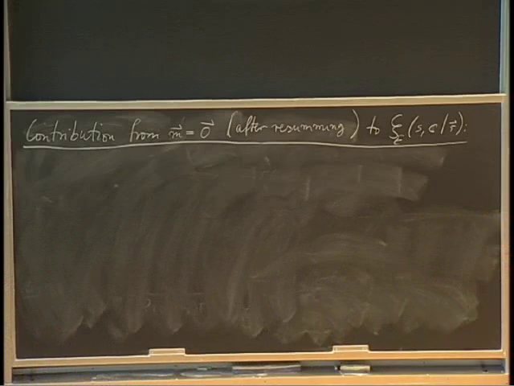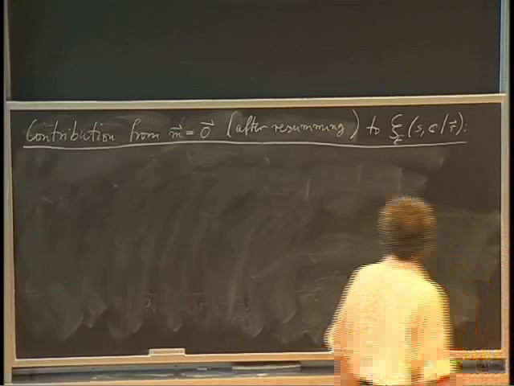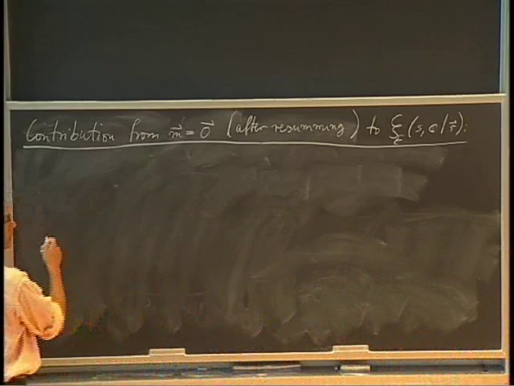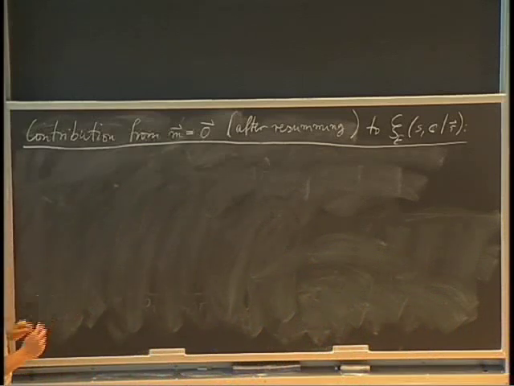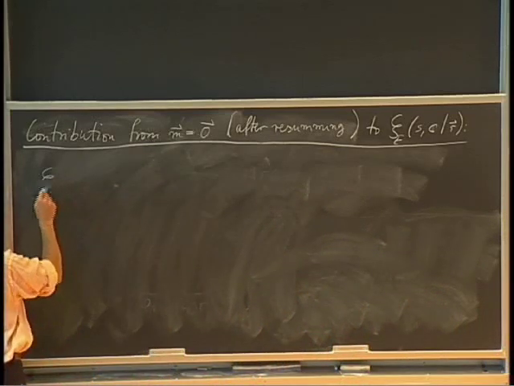So again, I apply this formula to each factor e to the minus t ri mi squared. What is the resulting contribution? If m equals 0 is considered only,